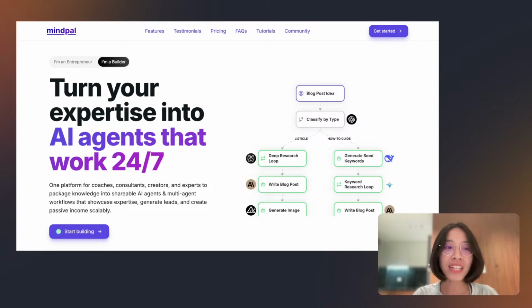So how can you sell to these people, non-technical and technical people alike? One of the things I have learned is that non-technical business owners and professionals don't really care about the technology. They don't really care if it is MCP or not MCP.